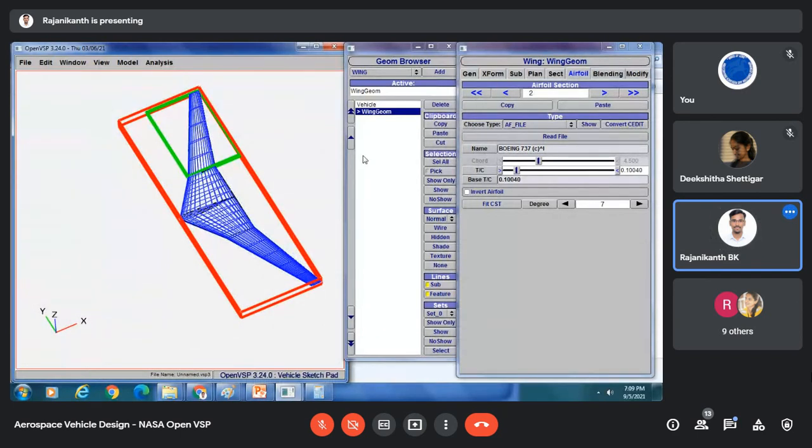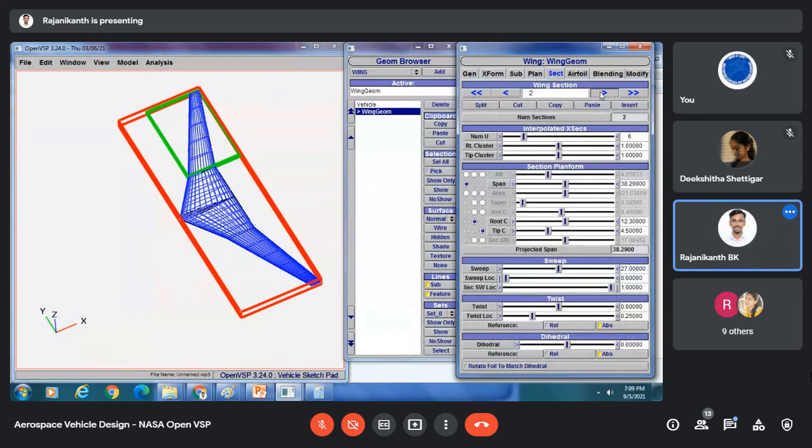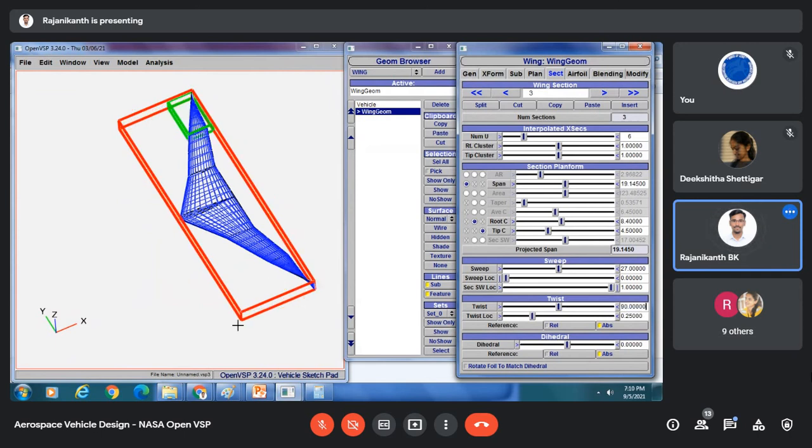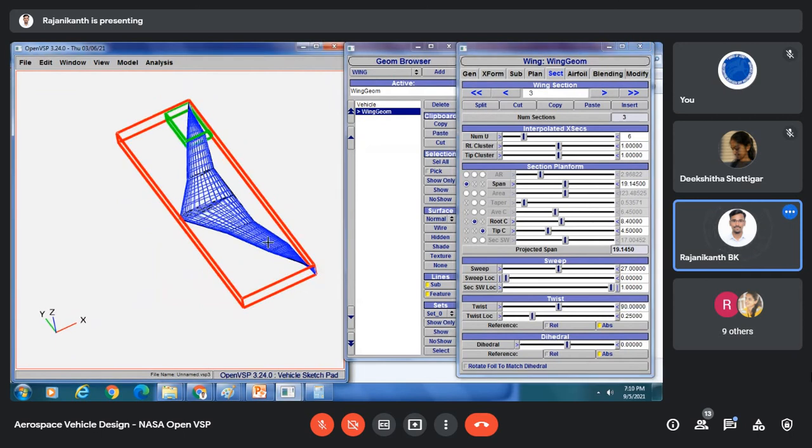Suppose you want to show the winglets. So you can come to section once again. You can split the section. The third section. You can use this one and you can twist this to 90 degree. Just you can show,